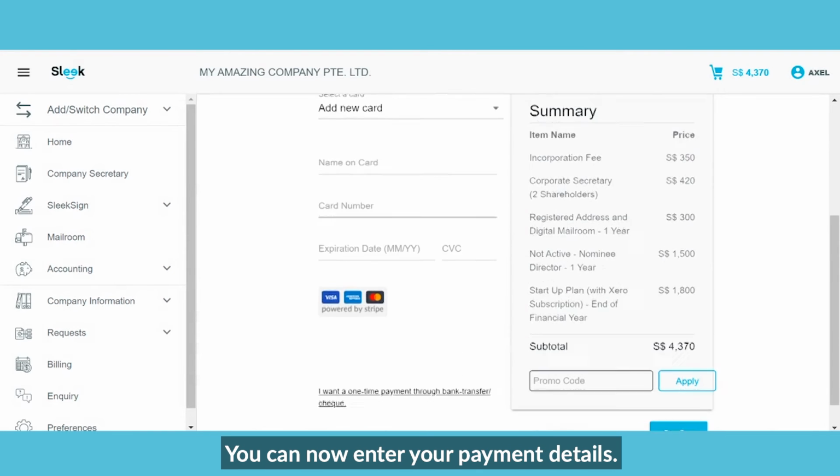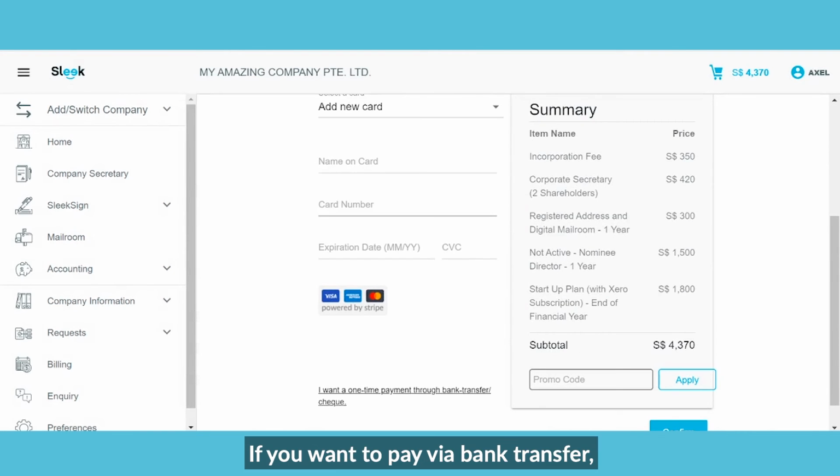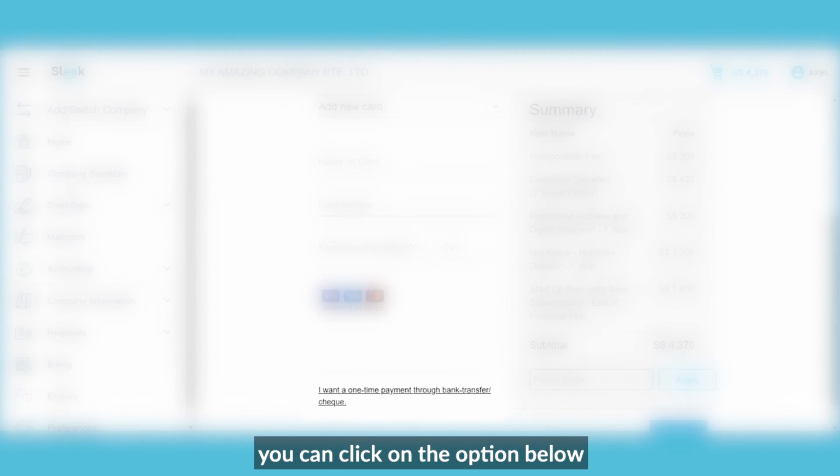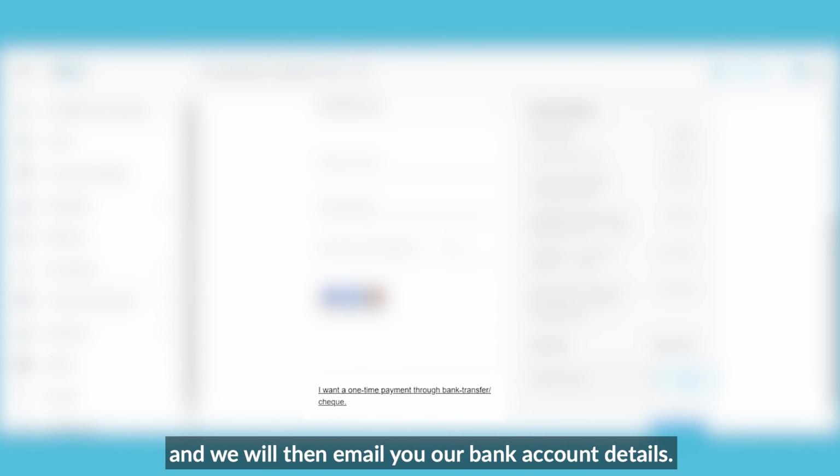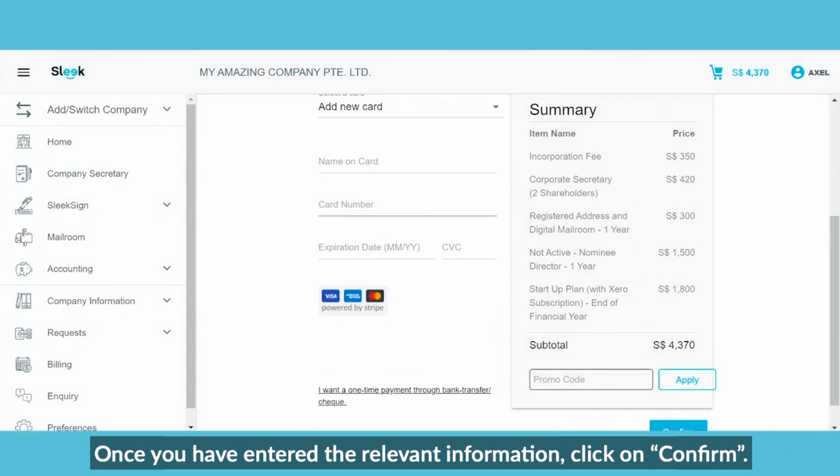You can now enter your payment details. If you want to pay via bank transfer, you can click on the option below and we will then email you our bank account details. Once you have entered the relevant information, click on